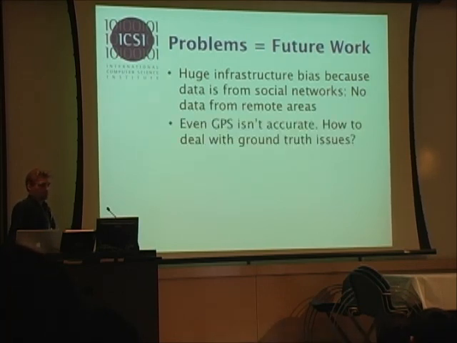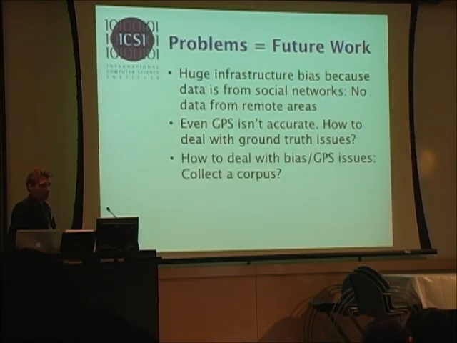So it's basically population density times technology, the state of development of the area. And then, even if GPS is accurate, how do you deal with ground truth issues? Yes, 4.5% of Flickr videos have geotags, but maybe only 20% of that is attempted accurate. And how would you collect the corpus? How would you have humans correct that? That's a problem when humans are not that accurate. If it's better than human, how can you judge? How can you make this better?